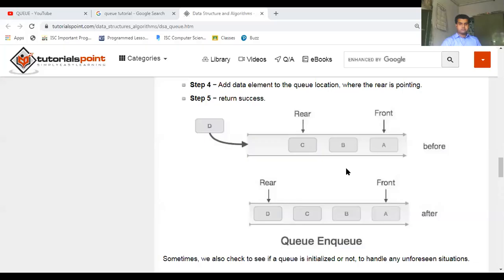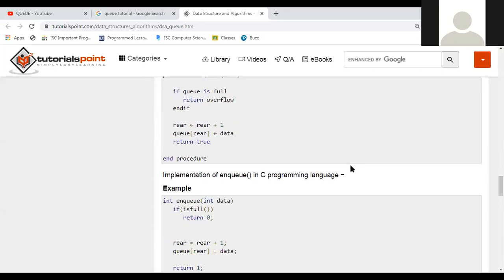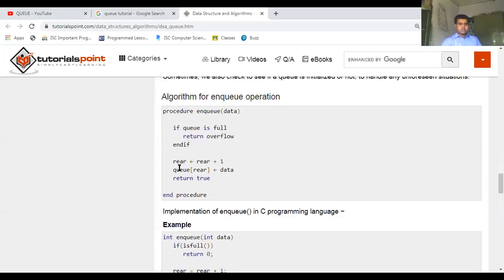Now, next comes the operation. As you can see, the rear is increased by 1. See this line very carefully. The rear value has been increased by 1, so rear is equal to rear plus 1. Now what happened? The Q of rear, that is on the back end, you are inserting the data.